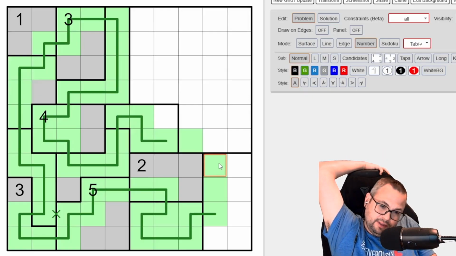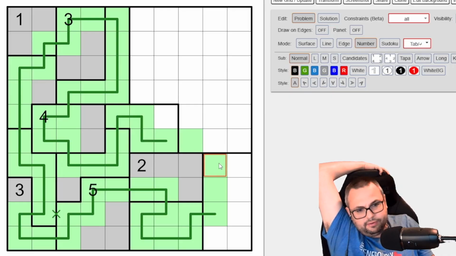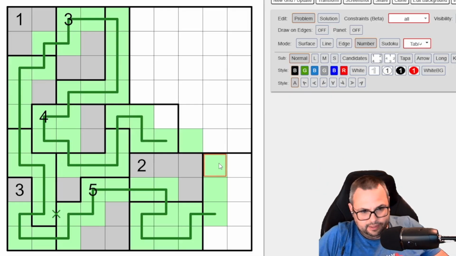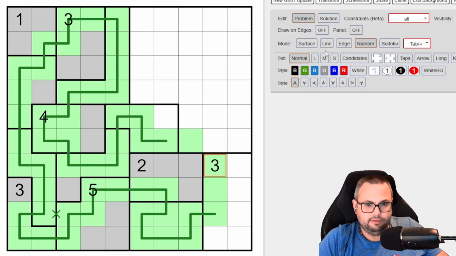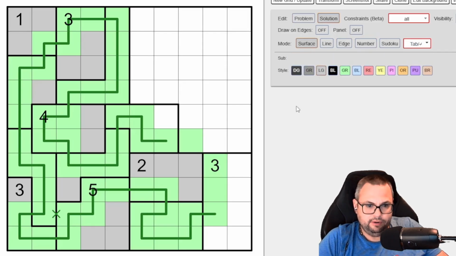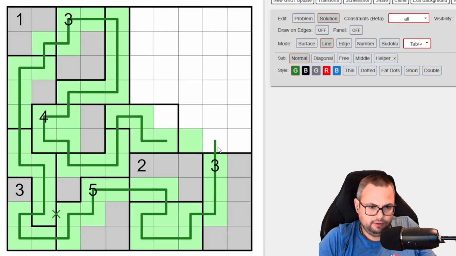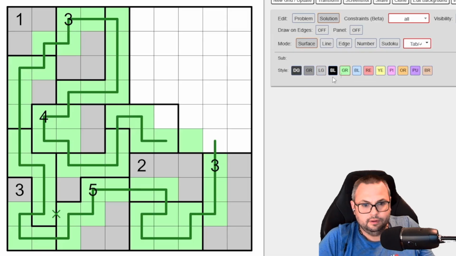Because we now know basically how we have to get out. A 3 actually creates a little bit more intrigue on the other side. So I'm going to go with 3 for now, but I might change it. The line here has to go up like that. Green here, but also creating a green here,